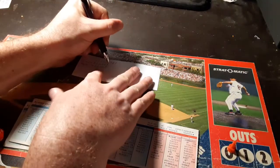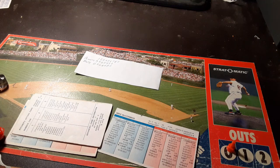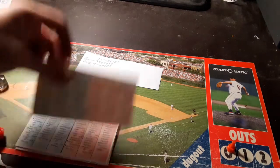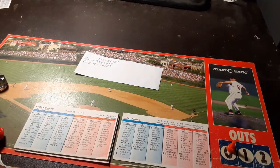So we go to the 8th. 8-0 Giants. And Sumner will lead off the inning, so we'll just pinch hit for him. We'll let him pitch this inning, and that'll be it. He's going 2 1/3, only giving up 1 run, giving up some hits, but hey, the only one on the board is what they were asking for. Let's see here. You know, they didn't bring anybody in. Well, they kind of did, but